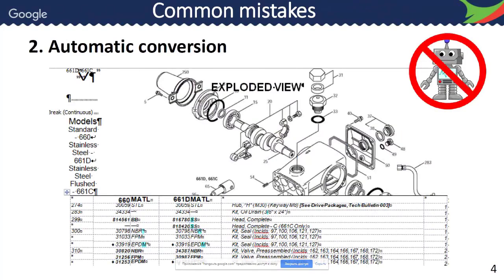And even if you choose the right tool, the second mistake is to rely on automatic conversion within your PDF conversion tool, even if the tool allows you to make manual adjustments. This is just like machine translation. Automatic conversion may be good enough for simple PDFs, but the results will disappoint you for more complex PDFs.